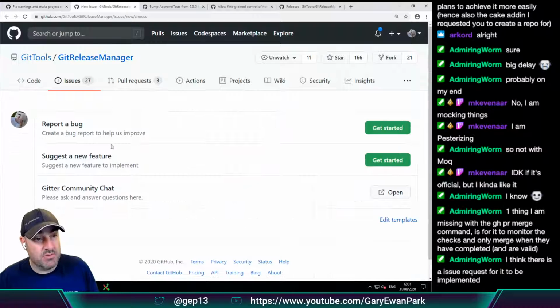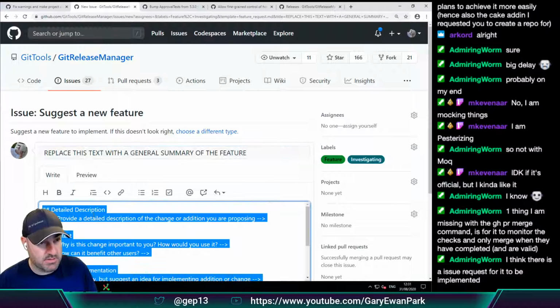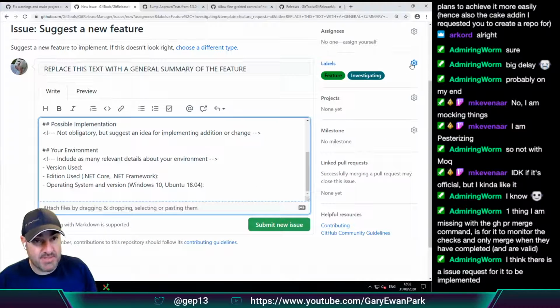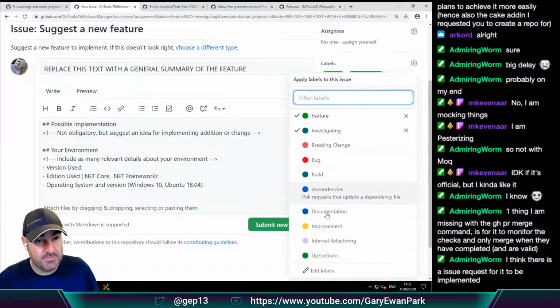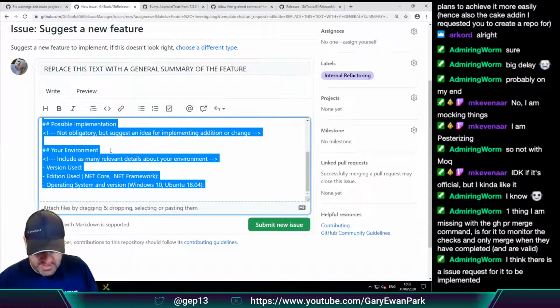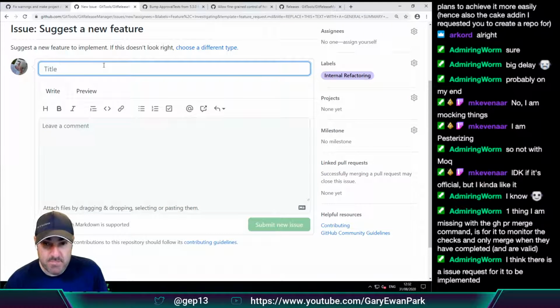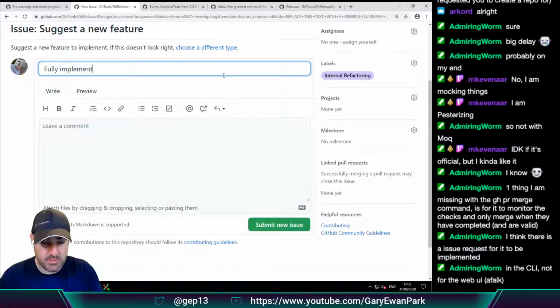So I am going to create a new issue, which let's just do as a feature, and then we can play with it. How good am I going to be tonight? I'm going to call this internal refactoring, and for that reason, I'm not going to fill out the template completely.